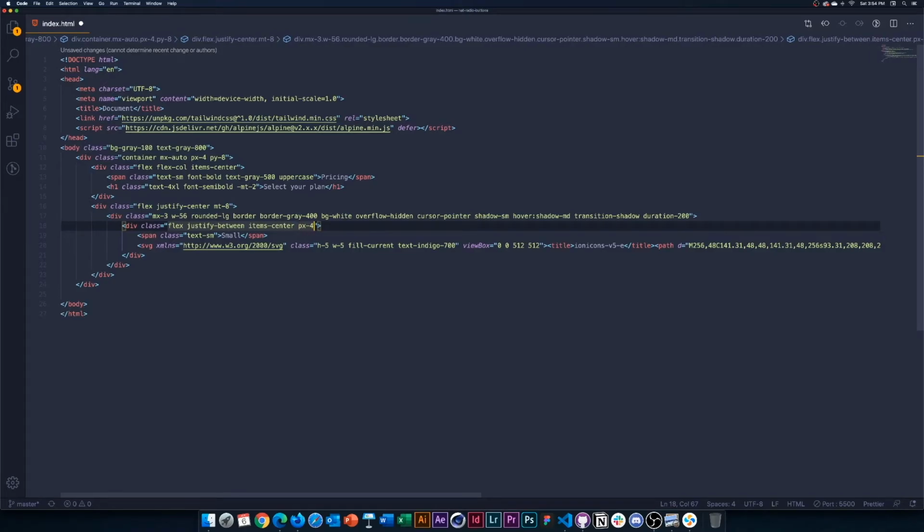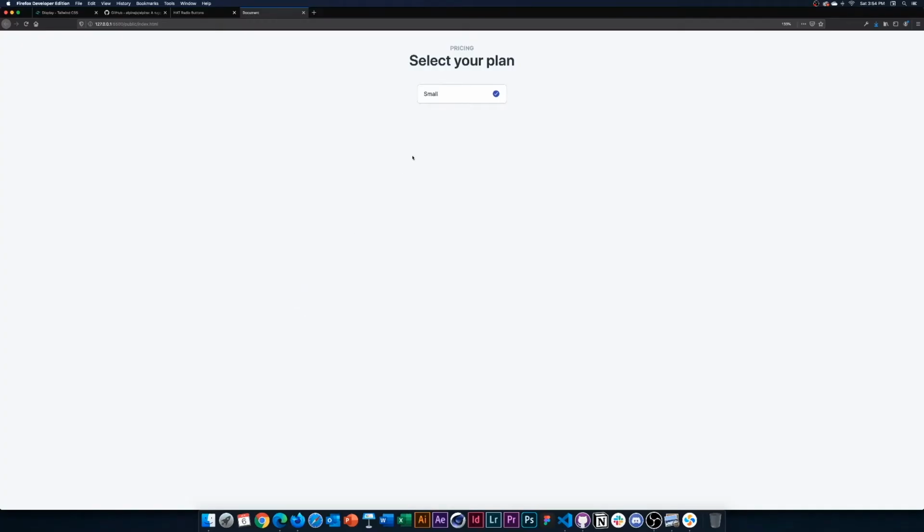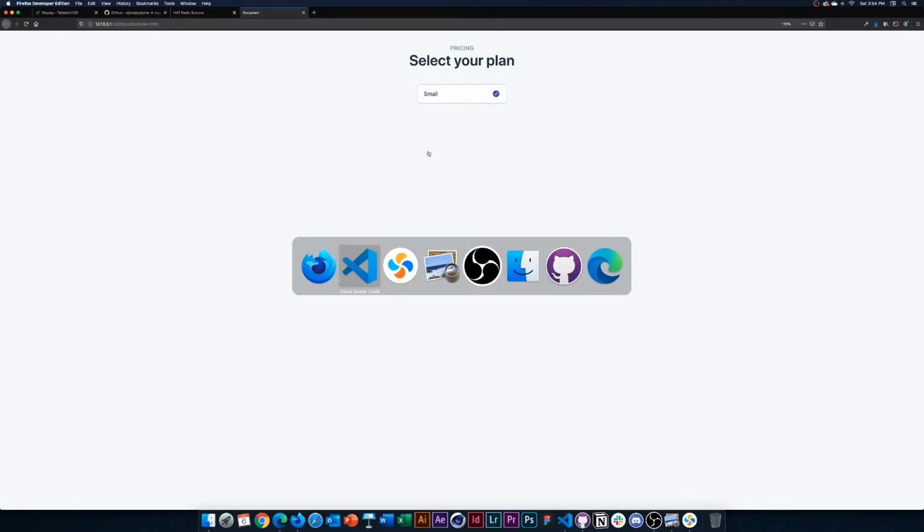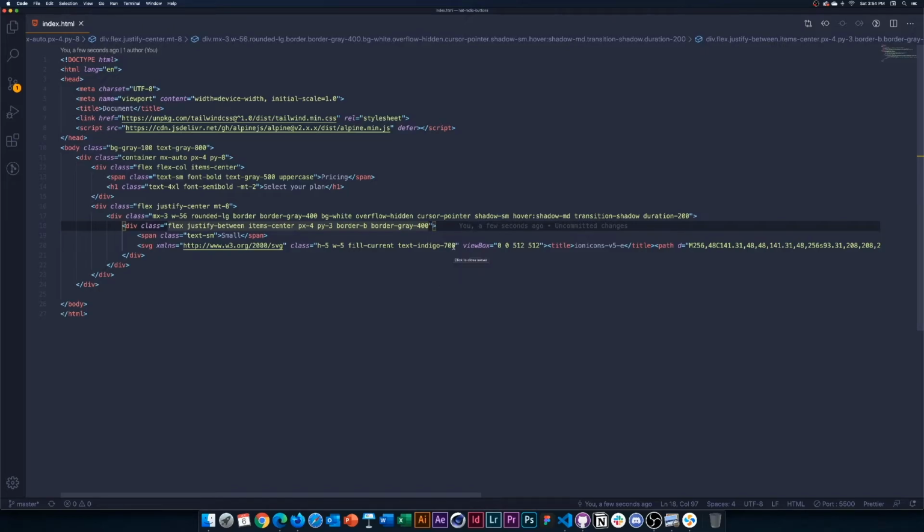Do a horizontal padding of 4 and a vertical padding of 3, as well as a border bottom, so border B, and we'll do border gray 400, same as the card border. And now we should see that it looks a little bit nicer. Okay, cool. So I'm going to go ahead and hide this for now with hidden,